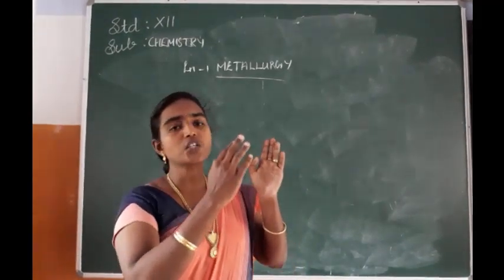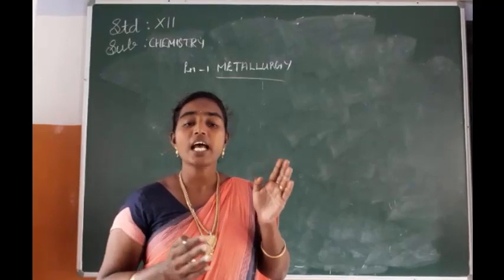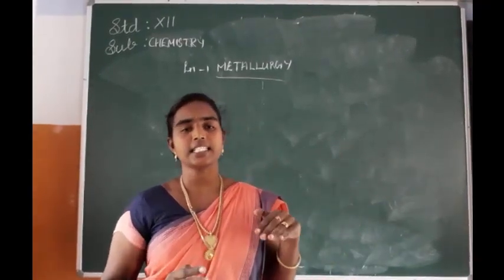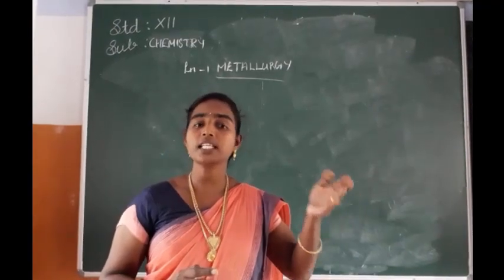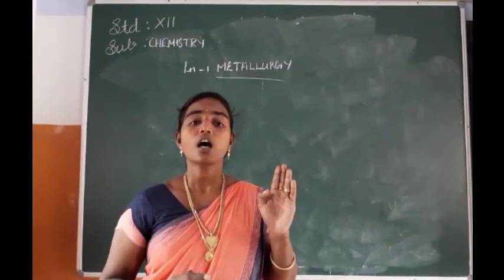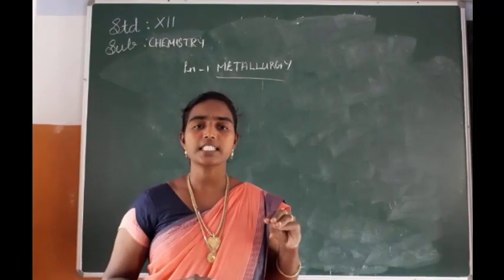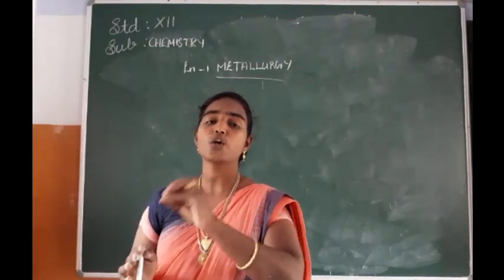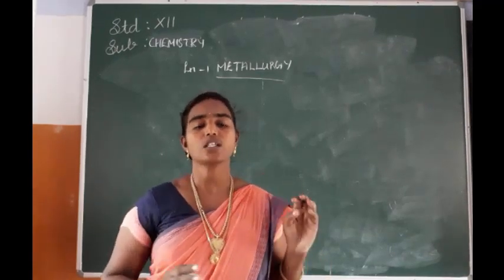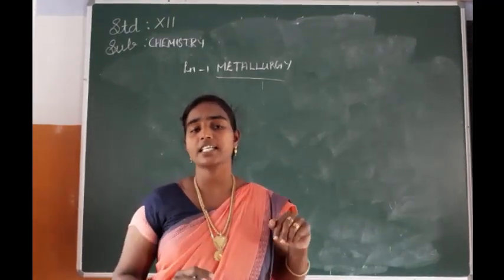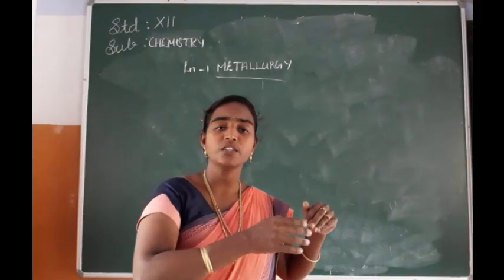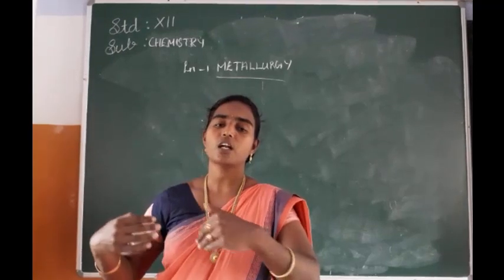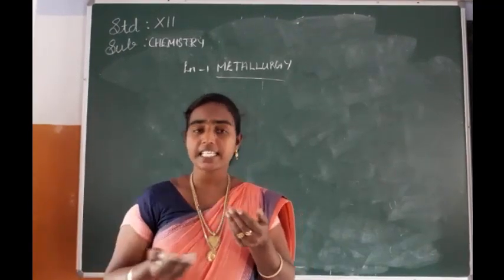The first one, conversion of ore into oxide, is done by two processes, roasting and calcination. In the roasting method, taking sulfide ores as an example, we heat the concentrated ore in the presence of oxygen and below the melting point of the metal. In such a way we can convert the ore into oxide. The calcination process is suitable for carbonated ores and hydrated ores.